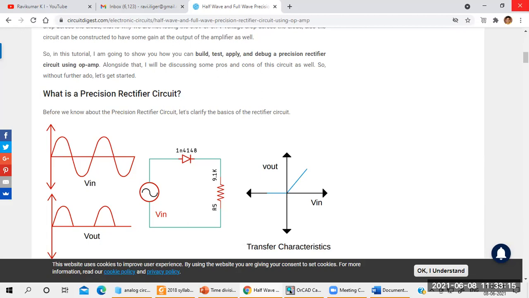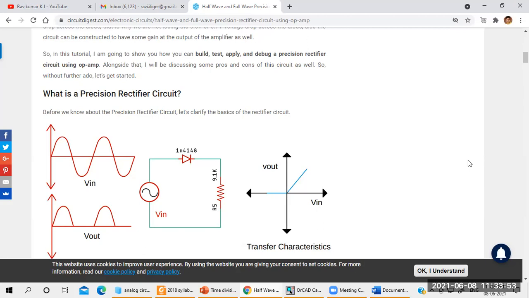So you have to rectify the signal in between 0 to 0.7, or 0 to 0.1, whatever you take. Understood? Normally in a normal rectifier, we are not converting voltages below 0.5 volts to DC. But when you come to precision, we convert the complete voltage from 0 to the maximum voltage. That's why we call it precision.